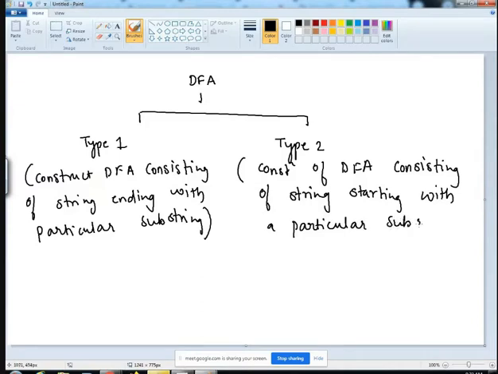This is your type 2 problem. Okay, two types of problem. The first one is you need to design a DFA for strings ending with a particular substring, and type 2 is strings starting with a particular substring.